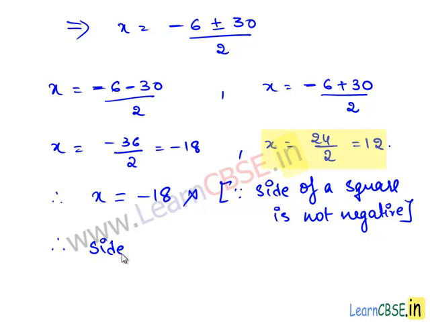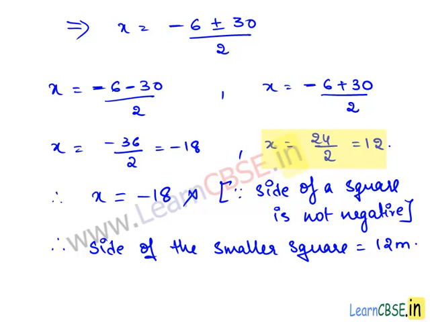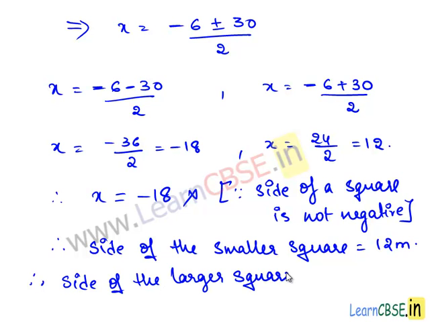Therefore, side of the smaller square is equal to 12 meters, and therefore side of the larger square is 6 more than the side of the smaller square, that is x plus 6 meters, so which is